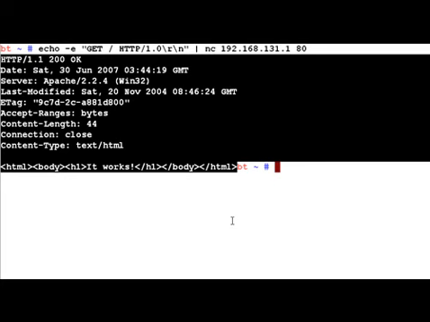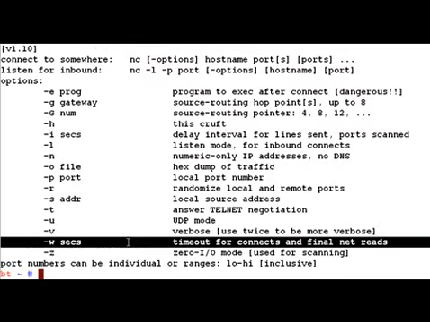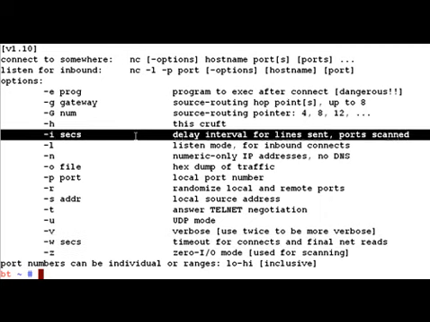We can give a client or a server side timeout by using the -w option. So let's say the connect or the read fails, depending upon whether it's a client side or a server side mode, then Netcat would time out. Also, we can introduce some sort of delay for the line sent and maybe even the port scanned. So Netcat has some sort of port scanning ability, but I would prefer to use Nmap.